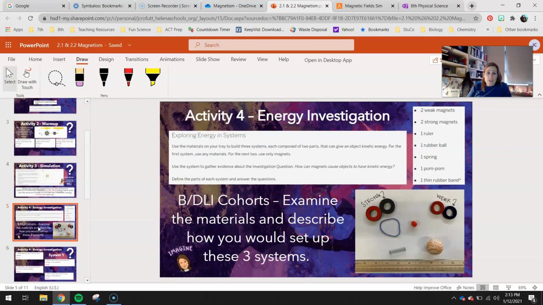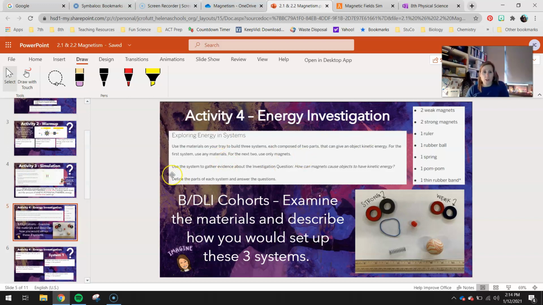Okay? Activity 4, energy investigation. So A cohort, I believe you guys are doing this in class, so you will actually have these materials in front of you to manipulate and build your systems. Whereas DLI and B cohorts, you will just be doing this in theory. So you will be using these materials to think about how you might set them up to show